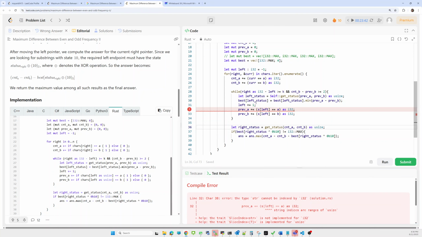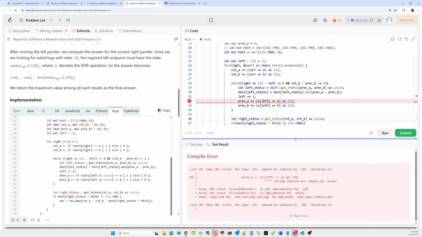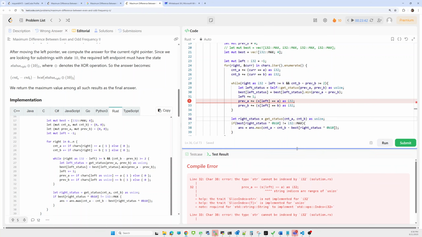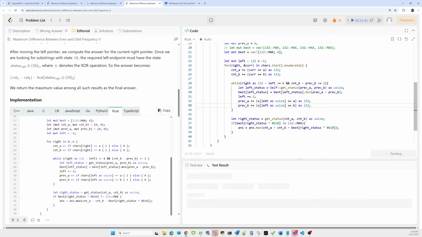Still there is some error, but two cannot be indexed by i32. Okay, okay, left. Okay, give as usize. We will do typecasting here, from the unsigned int, because we are considering it as a usize.